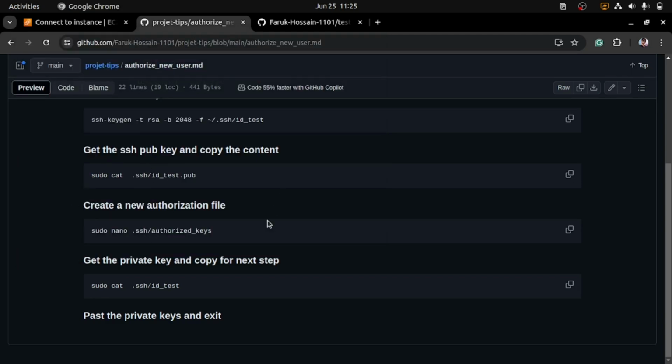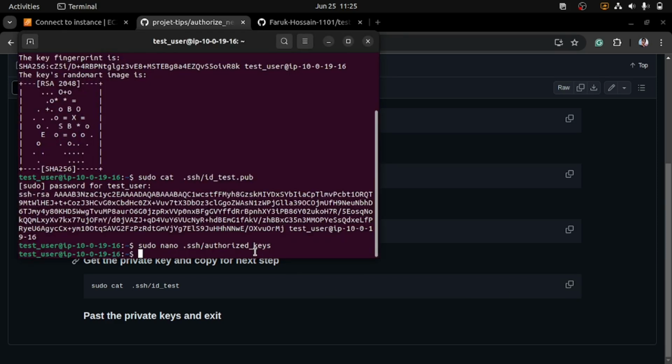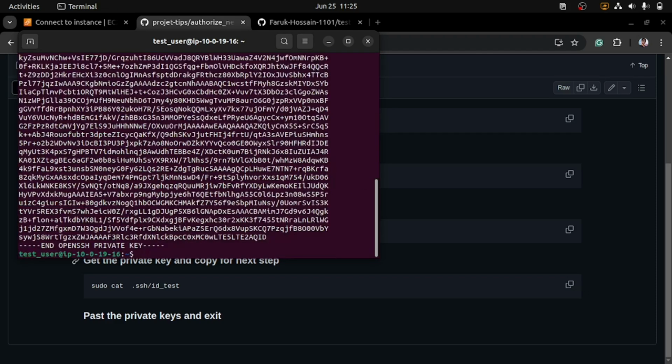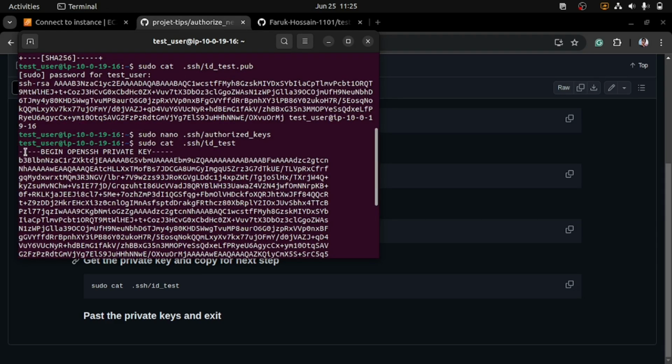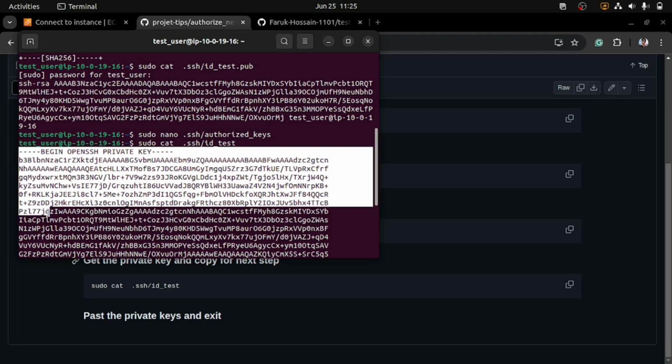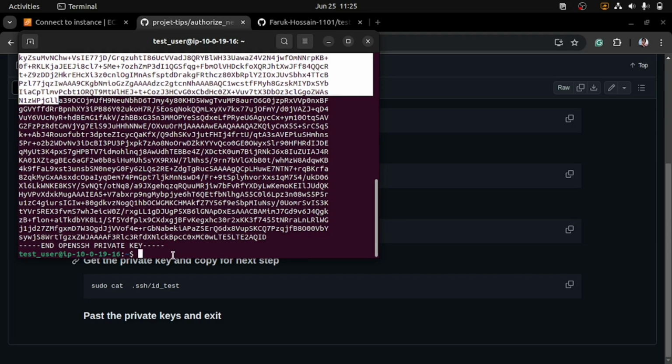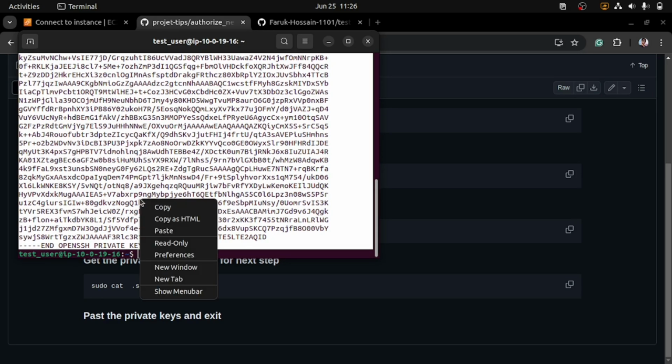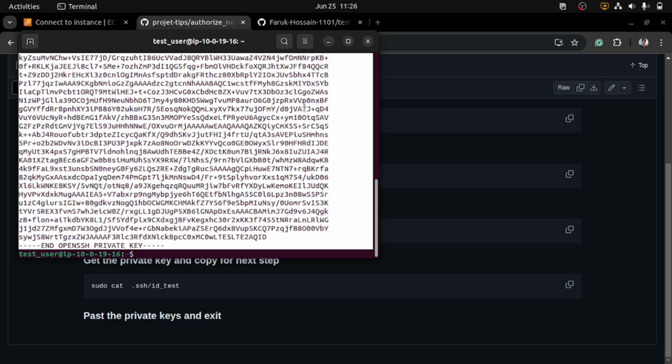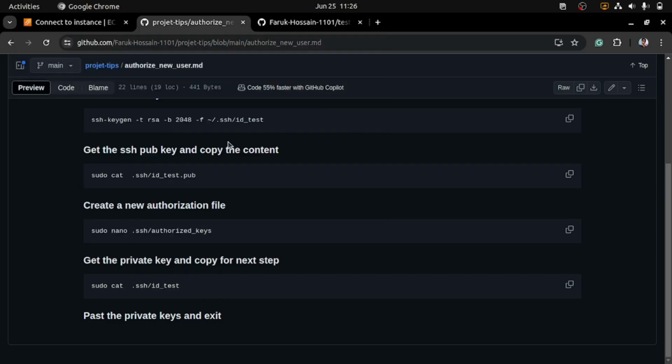Then we have to copy our private key as well. So let's copy it and paste it here. Then we will copy our private key from beginning to end. Let's copy, and we have to create some variables for